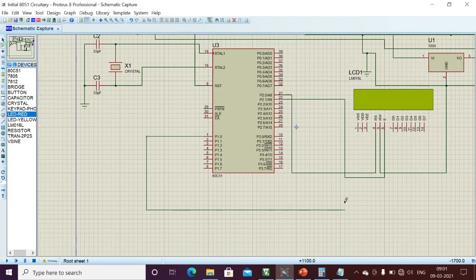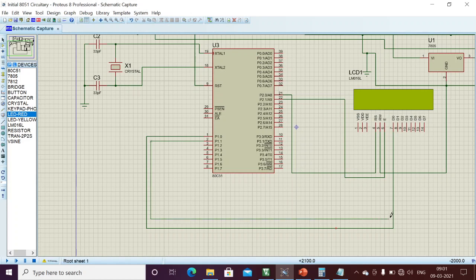From here I will connect to D0, next to D1, next D2. Likewise, we should connect the 8 pins.